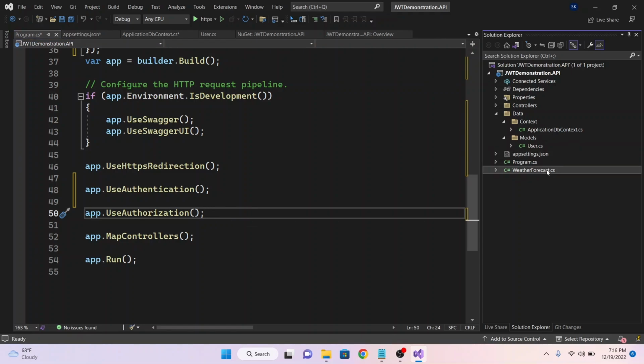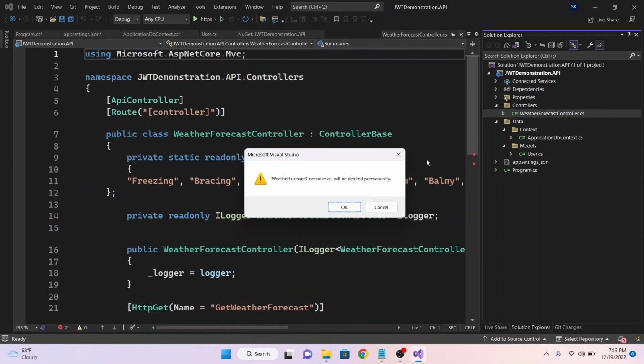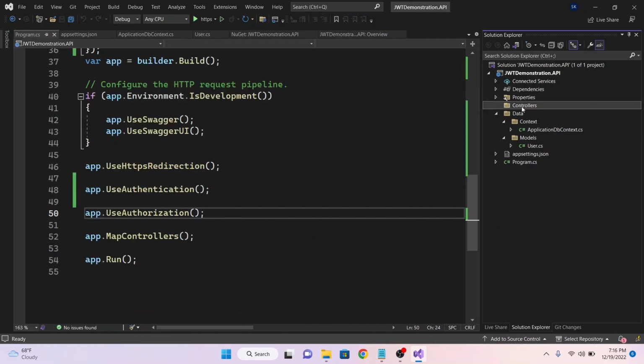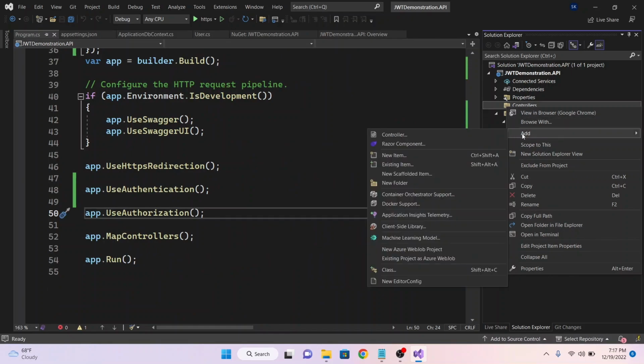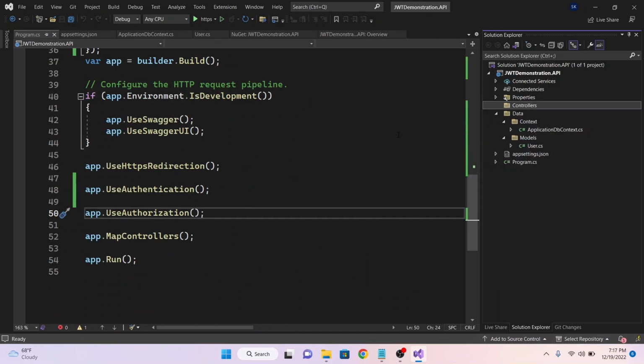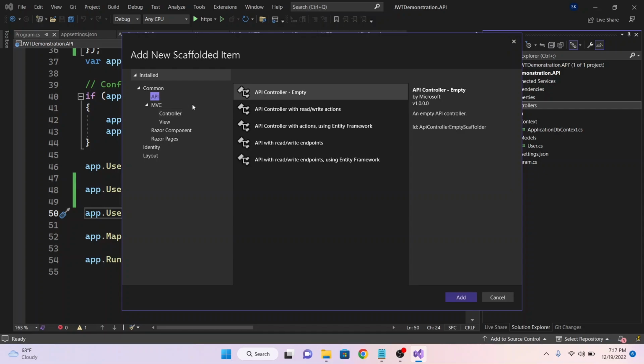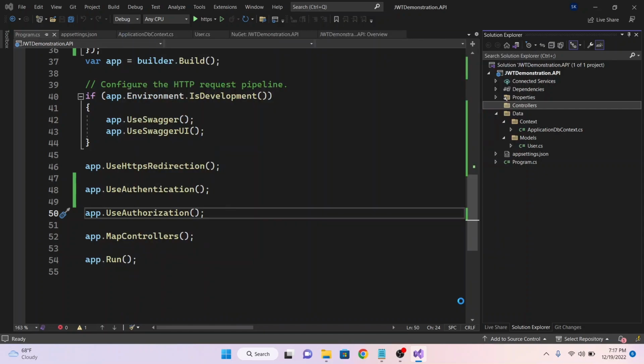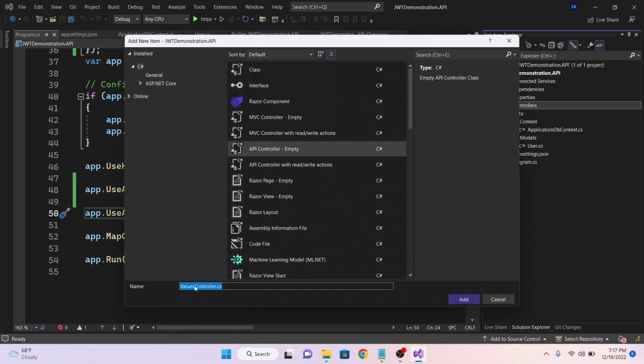So I will delete whatever came with this API. Then remove the controller and the weather forecast class. And I'm going to add a controller. Make sure it's an API controller. Make it empty. And we'll call this Auth or Authentication, whatever serves you right. And then you're going to hit